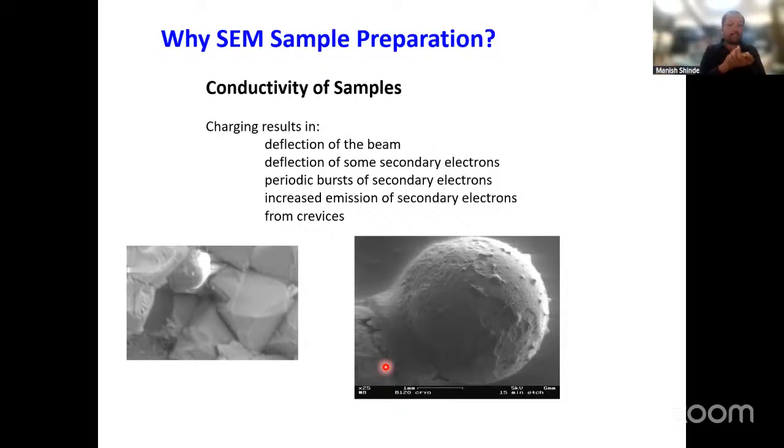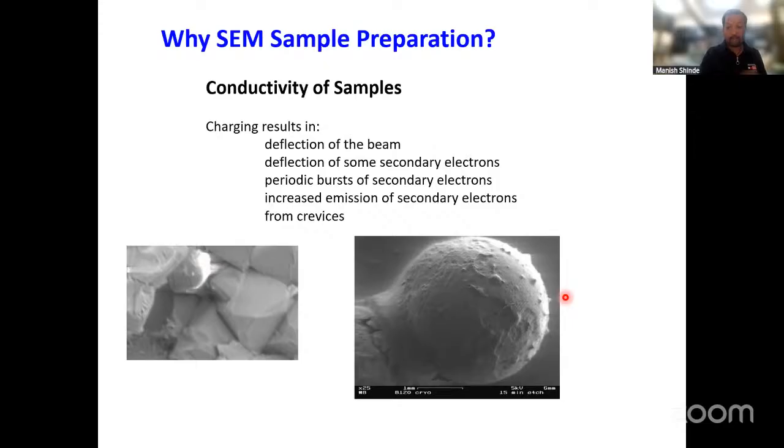आता सरफेसवरचे इलेक्ट्रॉन्स and the incoming electron beam both are negatively charged. They will try to repel each other. Because of that, what will happen is electron beam will deflect, and that deflection causes this kind of effects. हे जे इफेक्ट्स दिसतात ना, this is all charging. तो चार्ज सरफेसवरतीच राहतोय. So what we have to do is you have to provide a proper grounding to your